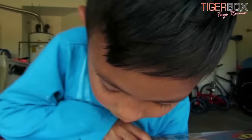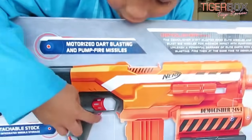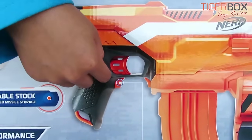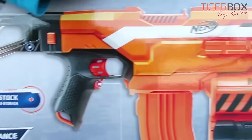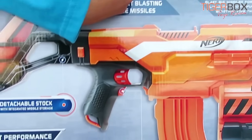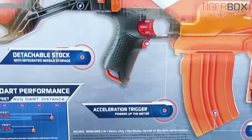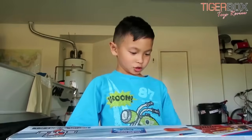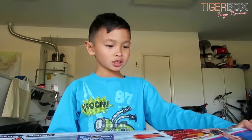Oh, you sure you want that gun? That's a big gun, Tiger. But what do you do on here? That's the trigger. What does that do? Oh, and let's see it for this. Yeah, it's the power up. Motor. I think you need batteries, Tiger. No, you don't. It's motorized. See,